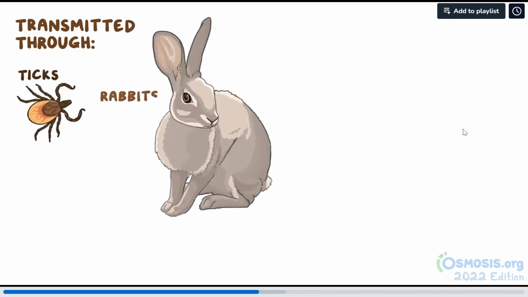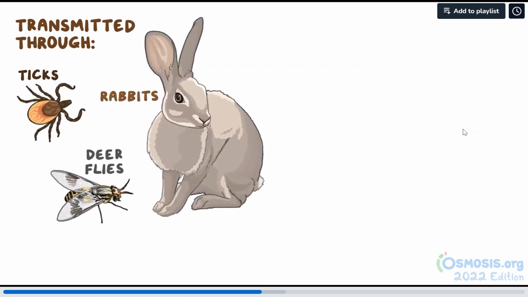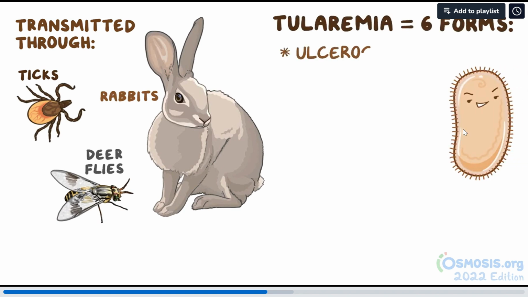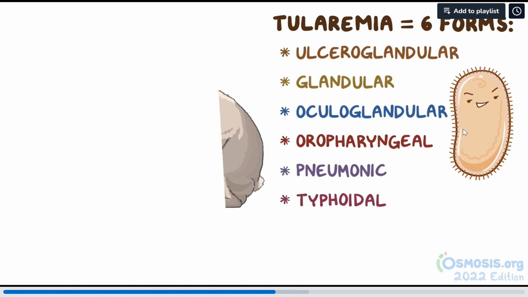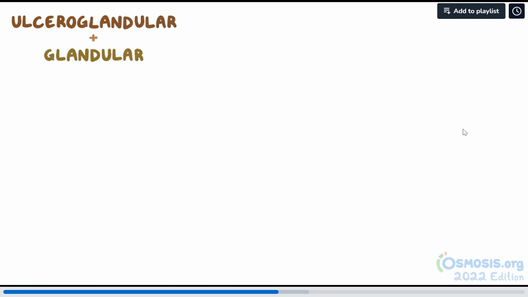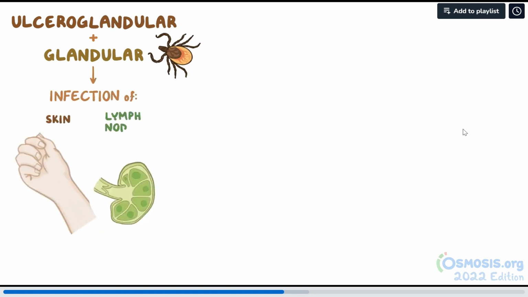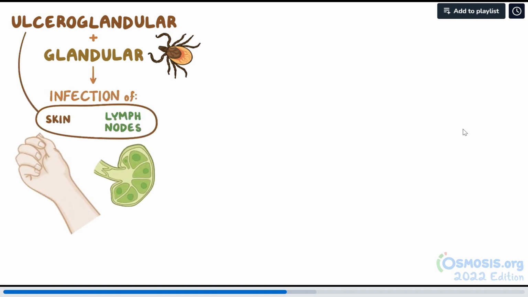Now, Francisella tularensis is transmitted through ticks, rabbits, and deer flies, and the infection can be acquired several ways. Depending on the route of transmission, tularemia has 6 forms: ulceroglandular, glandular, oculoglandular, oropharyngeal, pneumonic, and typhoidal. So the ulceroglandular and the glandular forms are transmitted through insect bites, like with ticks and flies. This leads to an infection of the skin and lymph nodes with the ulceroglandular form,